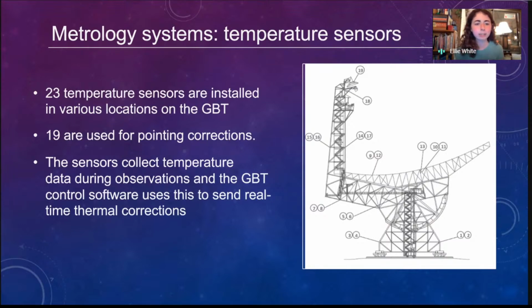Nineteen of the temperature sensors installed on the GBT are used for pointing corrections, and you can see in this image I've noted where each of them are. The sensors collect temperature data during observations, and the GBT control software then uses them to apply real-time thermal corrections to the telescope.